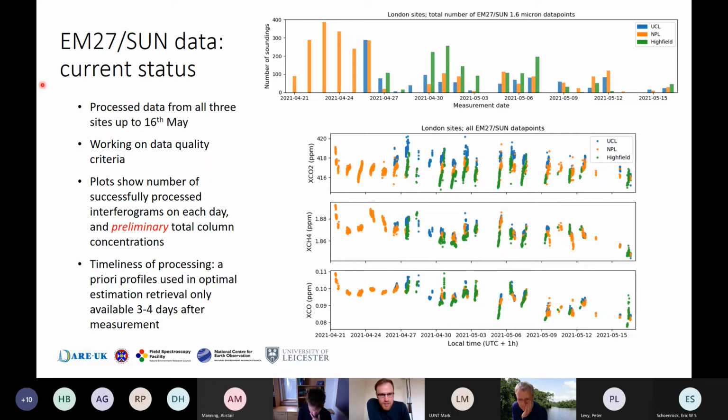Yeah. So what you can see with these blotches, I suppose, for want of a better word, is the variability through the day. So one element of that will be the natural cycle of CO2 through the day, and then superimposed on top of that will be the contributions of any emissions upwind of each site, basically. So what you're seeing is a superposition of the two. So it's hard to see from this plot that we do have, because we are measuring throughout the day, as long as there's no cloud cover, we do have the possibility to look at variation during the day and try and untangle these two